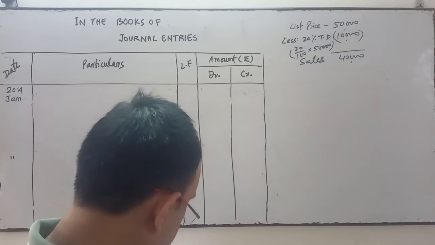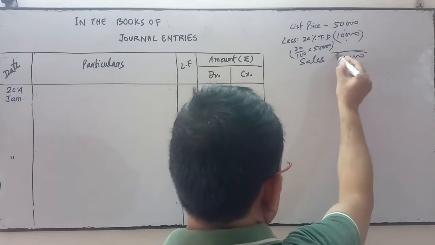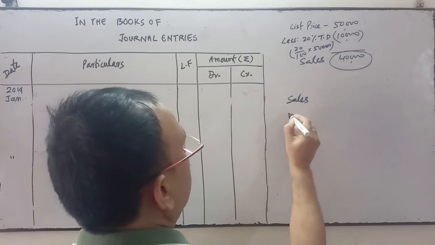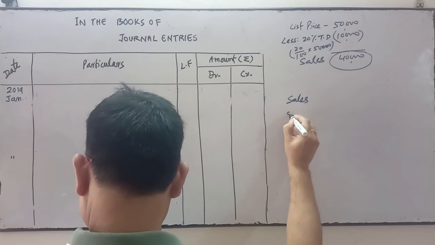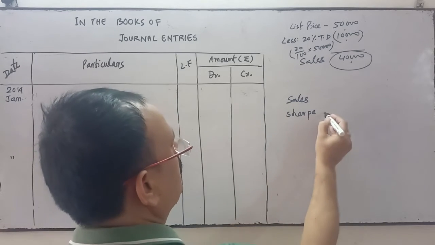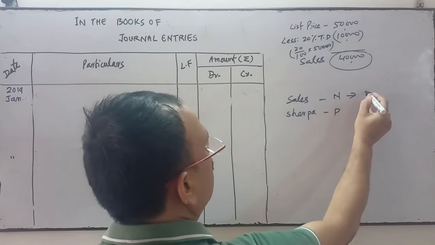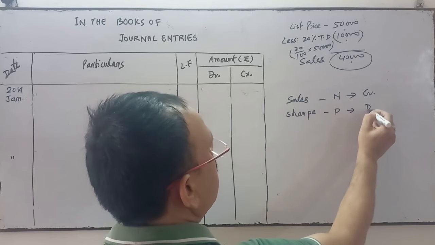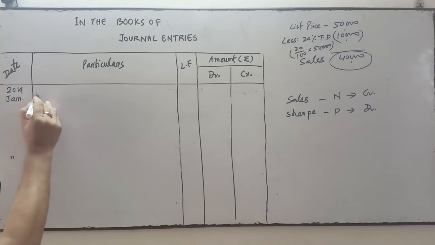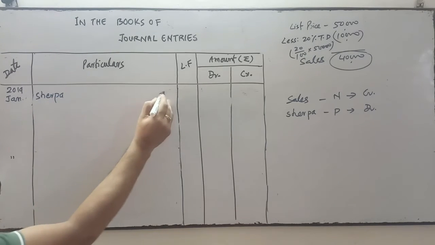Okay, so we have only deducted the trade discount, that is 20%. So this is the sales, and this sales will be considered as credit sales for January 18. So sales account will be open and the customer account is SARPA account. Sales comes under nominal and SARPA comes under personal. All incomes and gains are credited and he is the receiver, so debit. SARPA account will be debited.